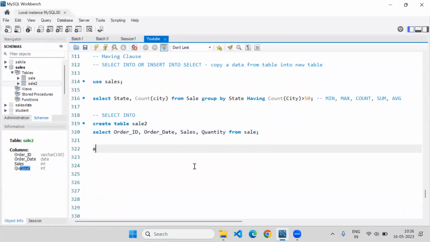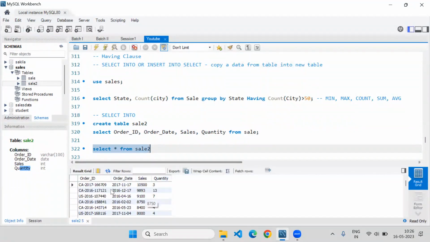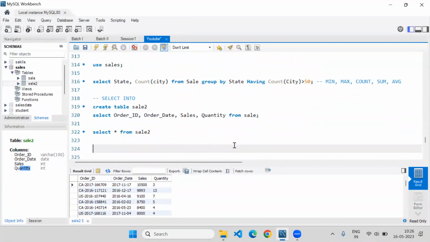Now you have to fetch the records from the table called sales 2. So I will select all from sales 2, and this will give me the new table's records, right? So we are using this select into statement, right? We are able to copy the data from one table into a new table. Same thing we can do using